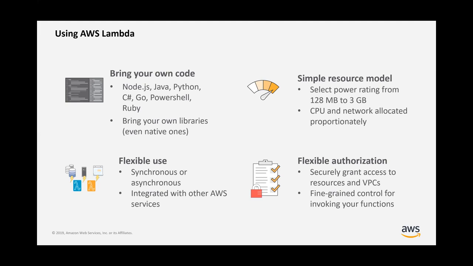You have capabilities to secure and grant access to resources in your VPC. VPC is a virtual private cloud in AWS, which is kind of your network on the cloud. So you have all the capabilities to securely grant access from the Lambda function using the identity and access management of AWS. You can control what the Lambda function can access in your resources as well. There are roles which you grant to this function to control the access. Sometimes you will allow it to access your database, for example, but not access your main server.